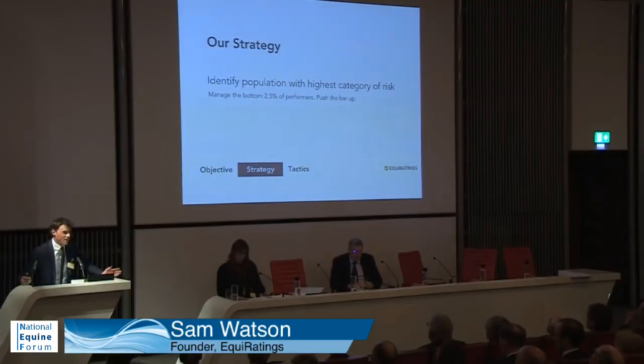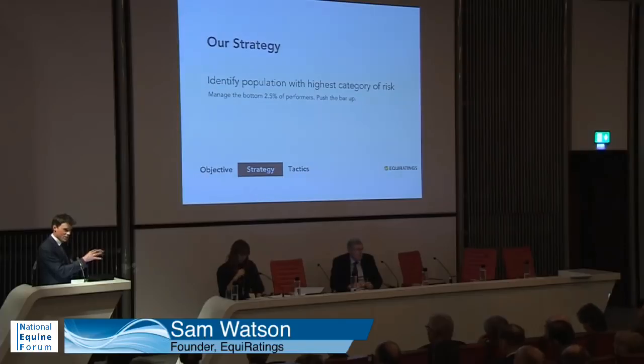Our strategy, as we've heard this morning about raising standards, is to look at the lower levels of performance where the highest levels of risk tend to be. That's the work our team have been doing, showing that's where the efficiency can come from. By working on the left-hand side of that curve you saw, where the risk is particularly high, and redirecting it to a level where they are at lower risk,